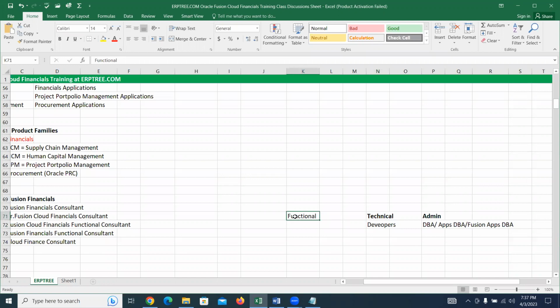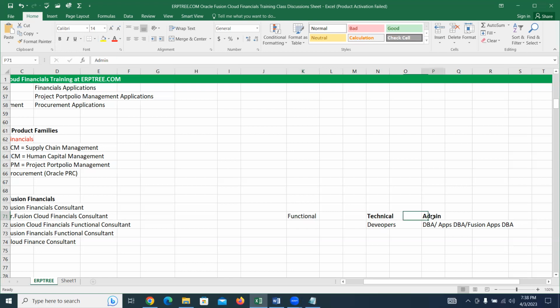And when I talk about functional, we learn this product, how Oracle created it, for what purpose they created it, and we learn how to use it, and will help the businesses how to use it. Okay, functional means usage of the application. There will be huge demand for this all the time.